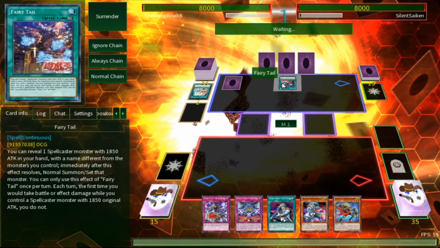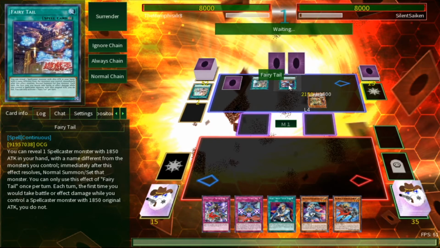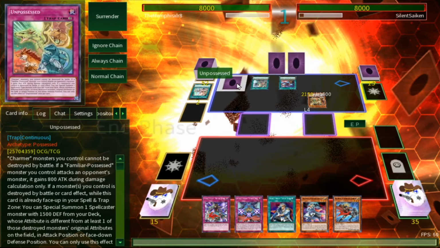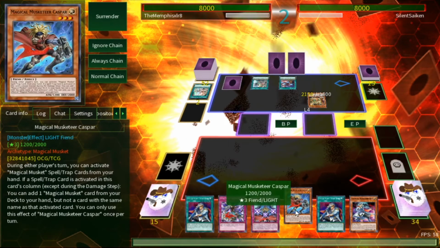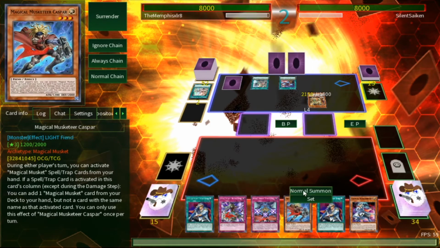Ooh, he's playing the Fairy Tale Tech. Nice. Very nice. Because this allows him to get an additional normal summon. Basically, he can reveal a spellcaster with a different name, and then he gets an additional normal summon. He doesn't get an additional draw. Let's see. Yeah, he does not, but he can still summon more monsters. Alright, he did not do any of that. Okay, interesting. Let's see here. Opening hand is...